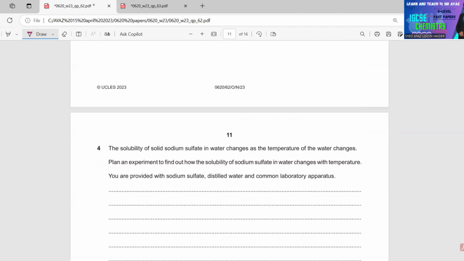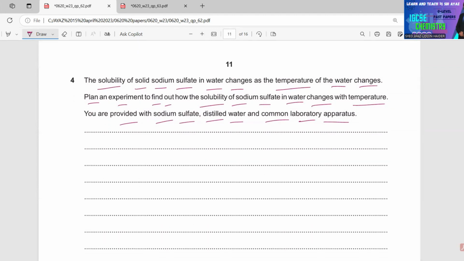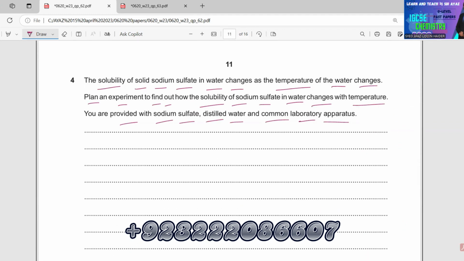Moving to the next question, this will be the last question. The solubility of solid sodium sulfate in water changes as the temperature of the water changes. Plan an experiment to find out how the solubility of sodium sulfate in water changes with temperature. You are provided with sodium sulfate, distilled water, and common laboratory apparatus. In this experiment, it's a very simple one. The steps are simple, and the total mark for this question is 6. So you have to write any 6 points